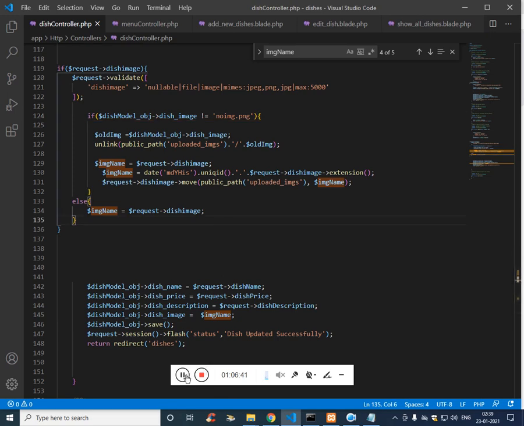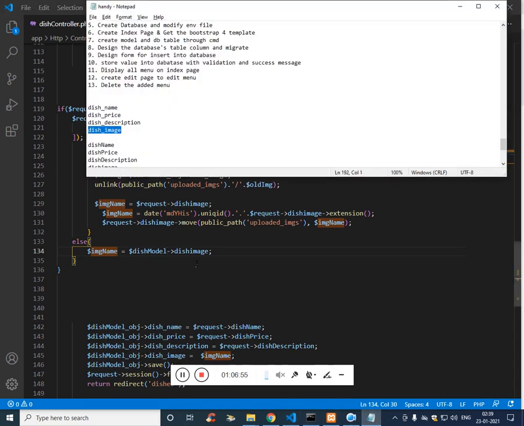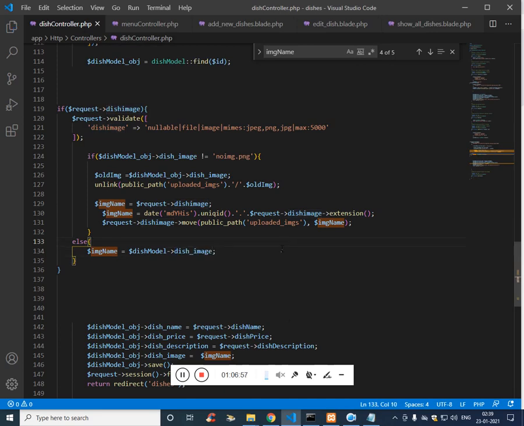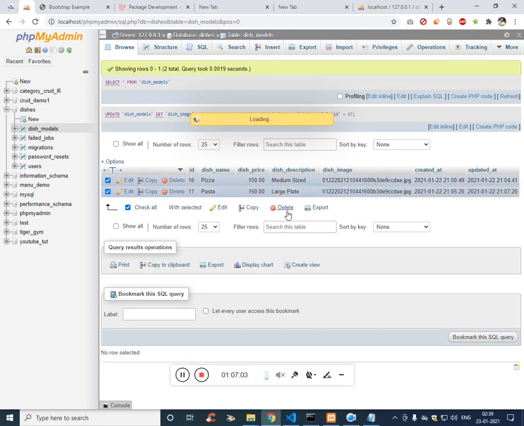Let's see what it is. Here the value will be coming from the model, and the column name here is underscore image. Let's try it. Delete all, check all, delete.